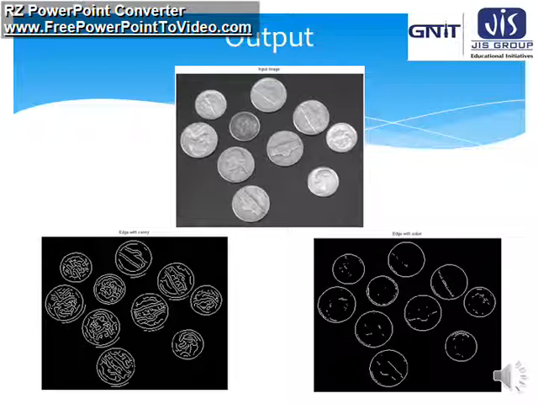But in case of Canny, sometimes too many edges are there, so the image may be a little bit unclear or very not clear to us. So that's why in some cases we should prefer the Sobel edge detection technique. It is better than Prewitt and Roberts. That's why the Sobel edge detection technique is much more popular and widely used. But if we want detailed edge detection, then we should use Canny. So here the three examples, the input image and the corresponding edge with Canny and edge with Sobel, have been given here.